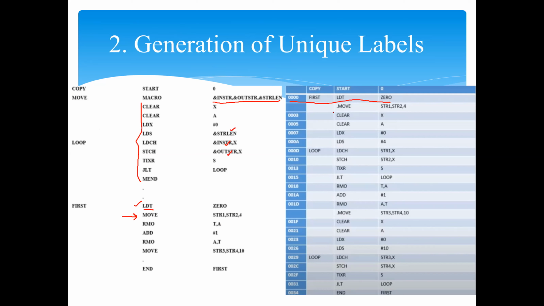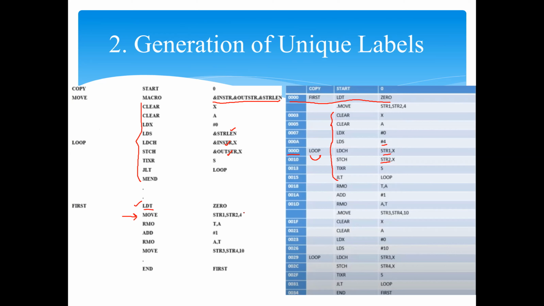So here you can see the expansion which is loaded to memory in such a way. The last statement is JLT. So till here you have the first macro being expanded. Here you can see 4 is being passed, and str1 and str2 are passed as arguments. The point to be taken into consideration is this label loop. This loop is defined at the address 000D. So the address of the loop variable is 000D.